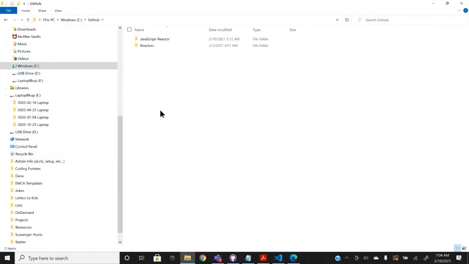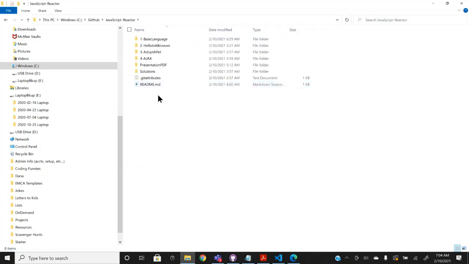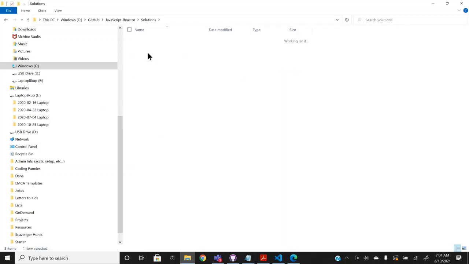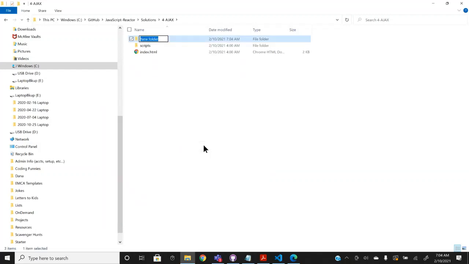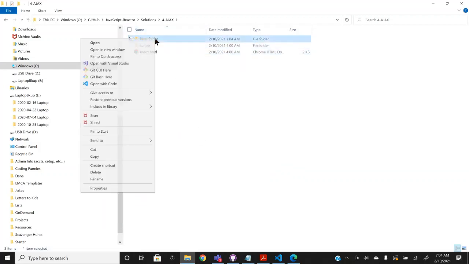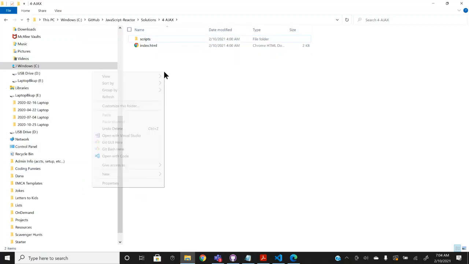So if we come out here and go to my drive C, you're going to see the GitHub series right here. This is a starter, this is a solution, and this particular project actually fetches data from a server using Ajax. Oops, that's not what I wanted to do. So if I delete that and I right click and choose open with code right here,